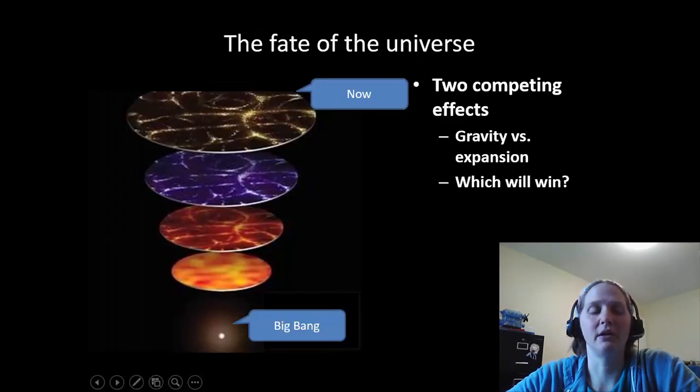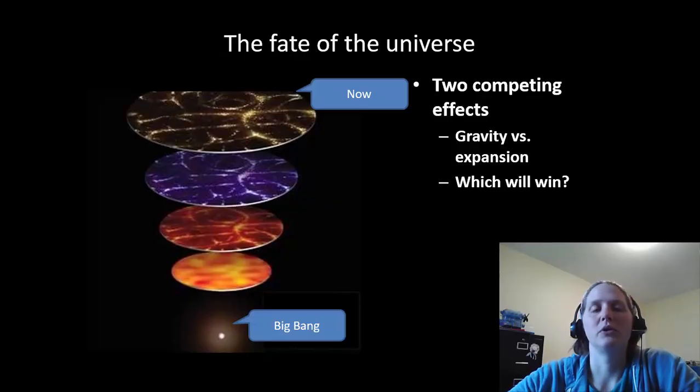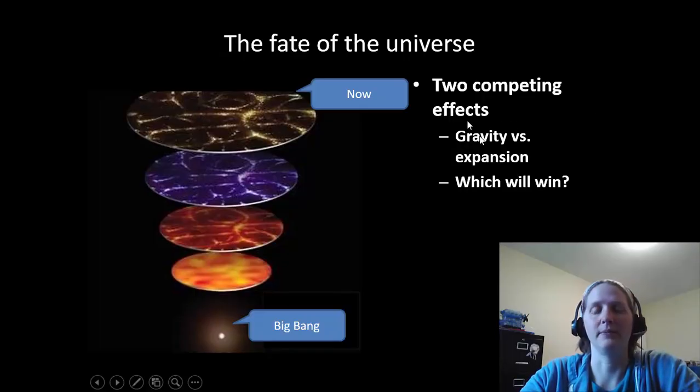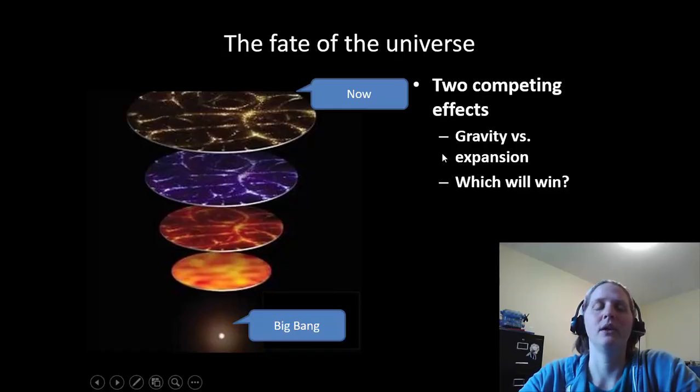So we've talked about dark matter and the evidence for it and the importance of it. So now let's talk about dark energy. So when we're looking at the large-scale universe, the main two effects are going to be gravity, trying to pull everything closer together, and expansion, trying to spread everything apart. And we can see the present era of the universe. So let's take a sample slice of the universe. And we can see further into the past, and we can see how the galaxies were distributed.